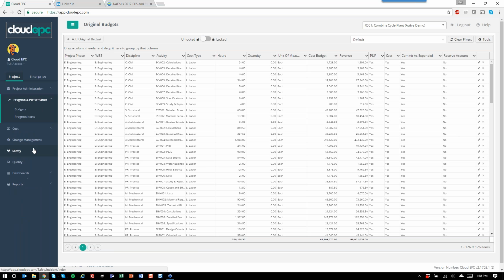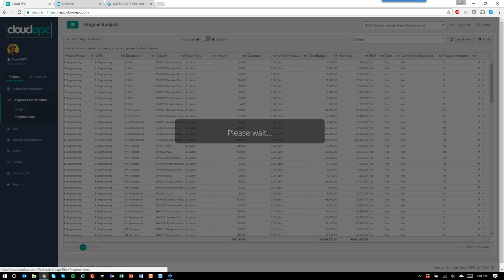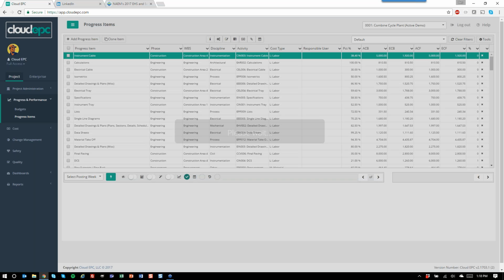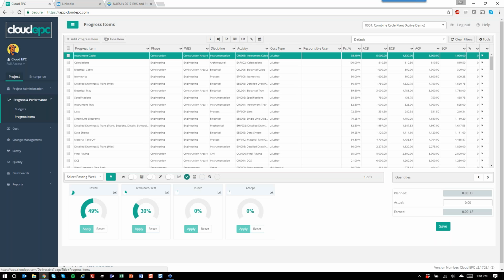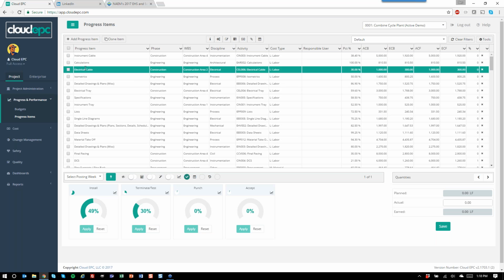So what I'm going to do is a quick 3 to 5 minute rundown of each of the key modules within the system, starting with progress and performance. Our progress and performance system is a traditional earned value based structure driven by a rules of credit model. What we do up here is you can see we have a number of different progress items, each progress item having a different allocated budget, which in this case is man hours.